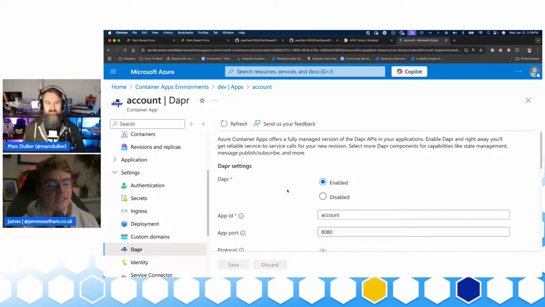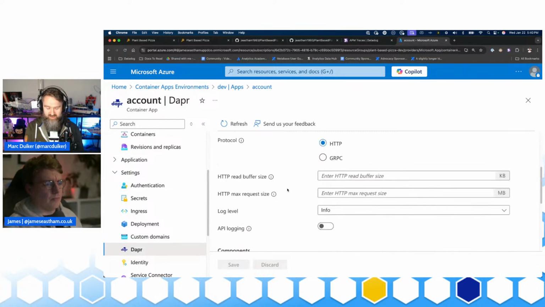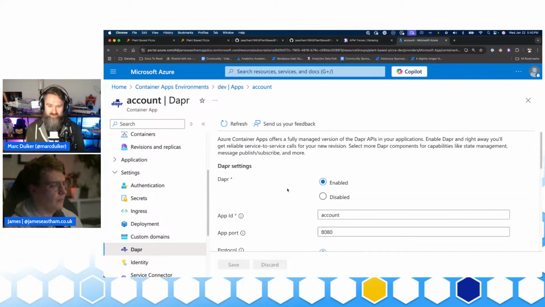I will say that Dapr in Container Apps doesn't support the full suite of Dapr functionality. You can't do actors, you can't do workflows. There's some stuff you can't do. I think it's secrets, that's good to mention. Service-to-service invocation, I think. Yeah, that's good to be aware of. But the thing I wanted to highlight is that you've been successful in creating quite a broad, solid demo that touches a lot of very nice things, and not only about Dapr. It feels like a really solid thing, so I'm definitely going to check out your GitHub repo myself.